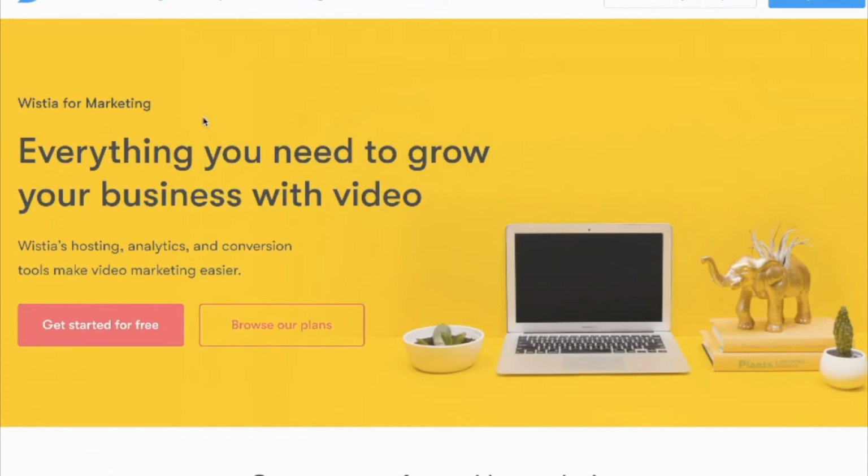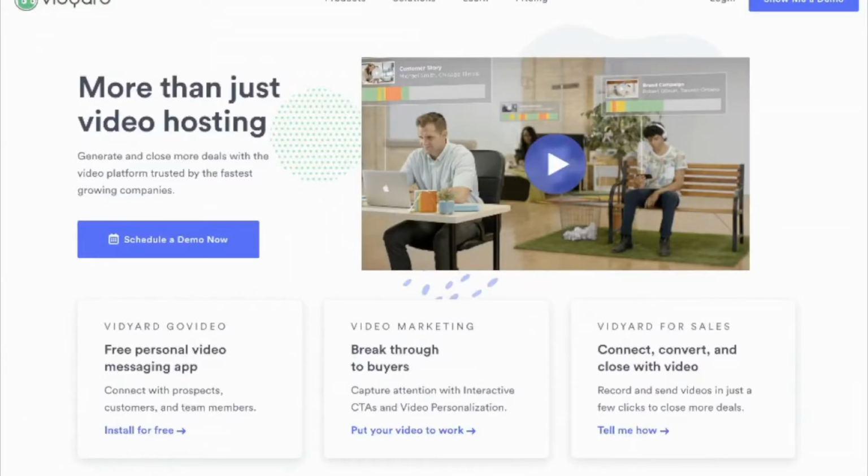At the same time, Vidyard is more robust in the sales side of things. Even though both of them have sales and marketing tools, I think Vidyard is more into getting more sales and working more with enterprise companies. And you can see that on their home pages. If you look at Wistia, it is very, very creative, and they do cool things, and they're always changing their creative. Vidyard is more of a, we're a company and you're going to get a product, right? So I believe that speaks from their homepage, from their website, and also the way they sell their products in general, and the kind of content they create.